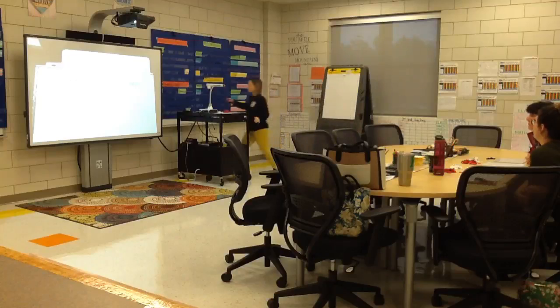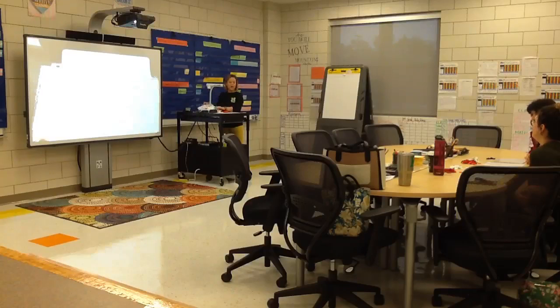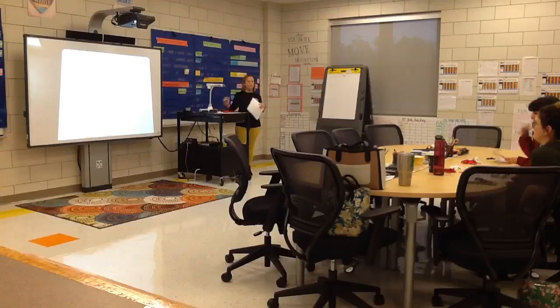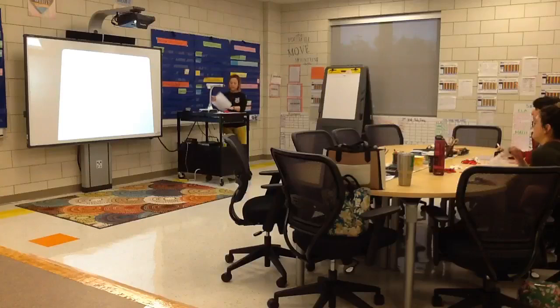Okay, so what we're going to be doing today is looking at how, when students multiply, they can go from the picture to the standard algorithm. So you have in front of you a place value chart on one side. If you flip that over, you have a handout that we're going to work with today. And you also have a whiteboard marker and a dry erase for you to use, as well as some